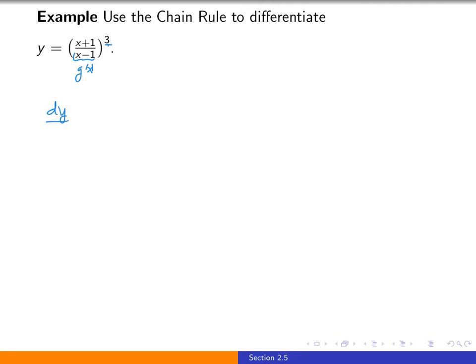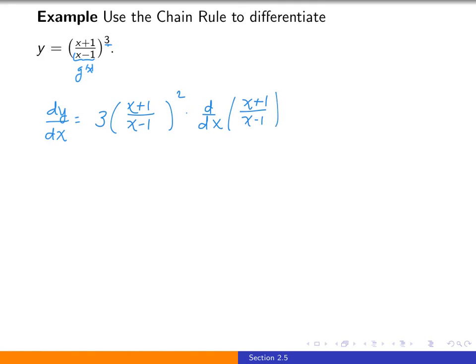So dy dx, the chain rule tells us it's going to be the derivative of the outside function. So for the outside function, we need to differentiate the cubing. So we bring the power down. The new power is 1 less than the old, so it's a square. We evaluate at the inside function, and we multiply this by the derivative